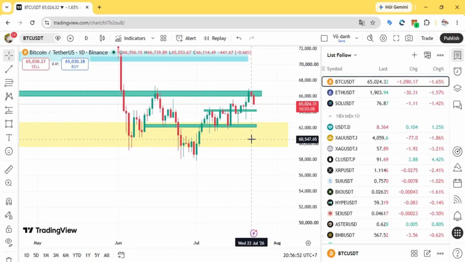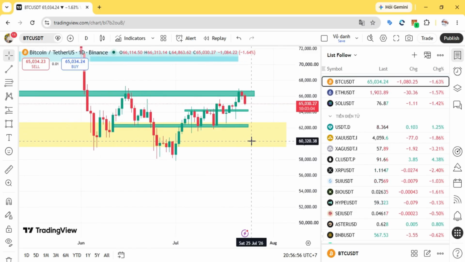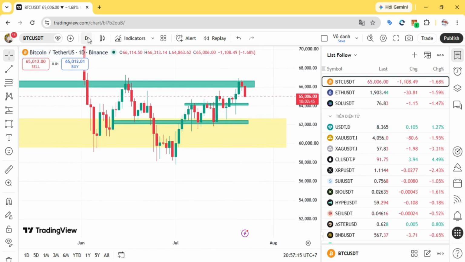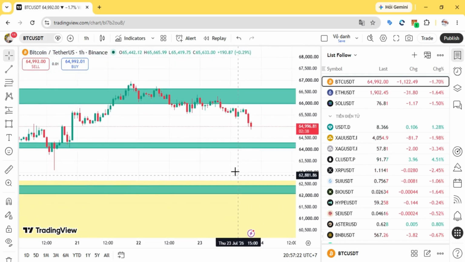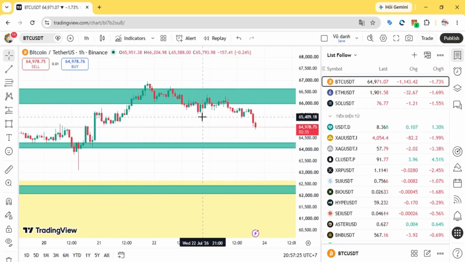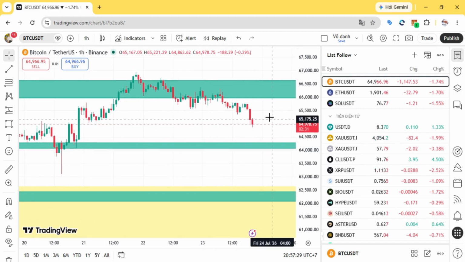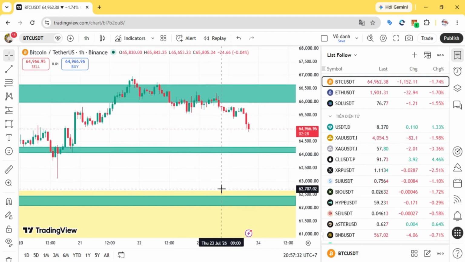See, right? So to sum up, candlestick patterns are only effective at support and resistance zones. In other areas, they don't work. You understand? And we only go long at support zones and short at resistance zones when a reversal candlestick pattern forms. The more reversal candlestick patterns, the better. The types of candlestick patterns here can be bullish engulfing, bearish engulfing, hammer, pin bar, or dragonfly doji, right? We need to learn the different types of Japanese candlestick patterns. And these candlestick patterns are only effective at resistance or support zones. If these candlestick patterns appear between support and resistance, they are not effective,